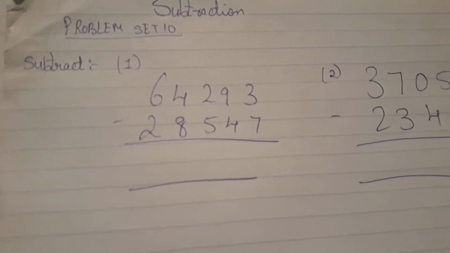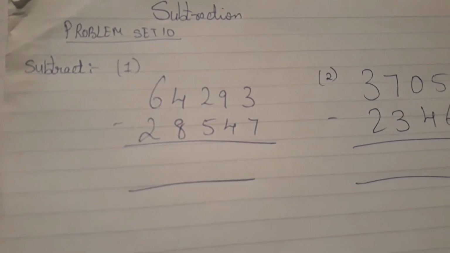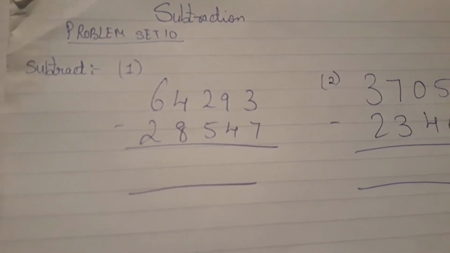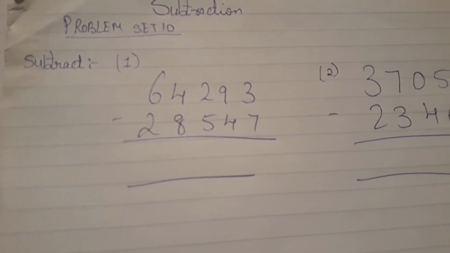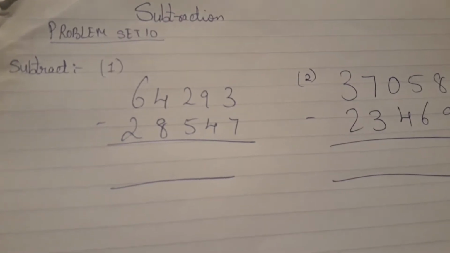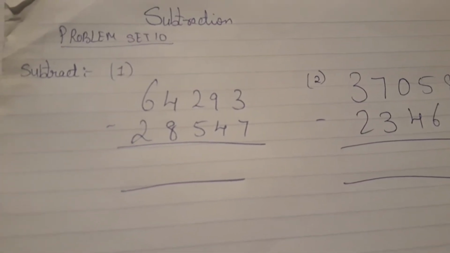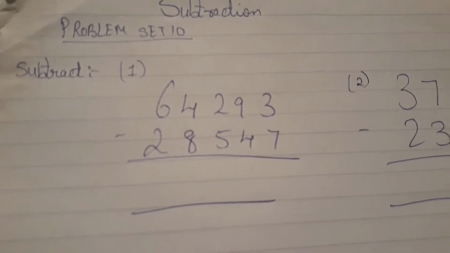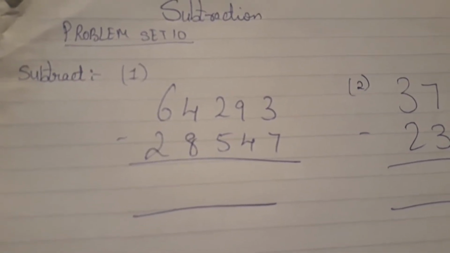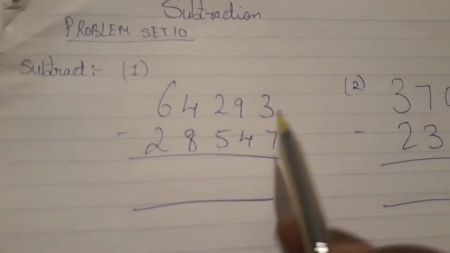We are done with addition sums. Now it's turn for subtraction. Subtraction, which we do not like, but we should like it in terms of tension and worries, health issues. We should subtract it from our life, children. So let's get back a little bit to our own subject. Problem set 10, simple subtraction, children.